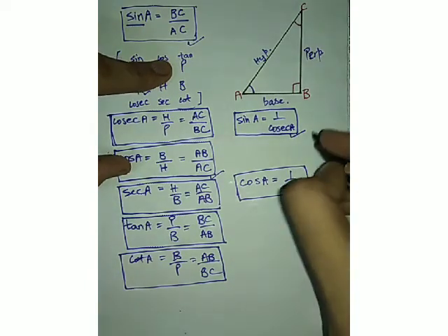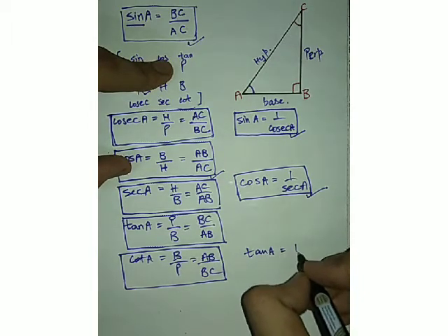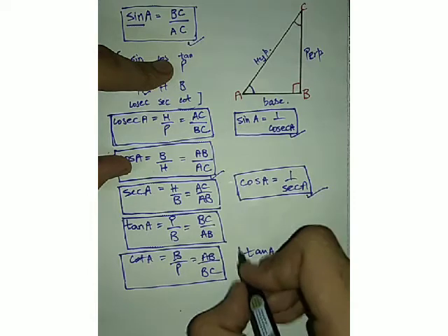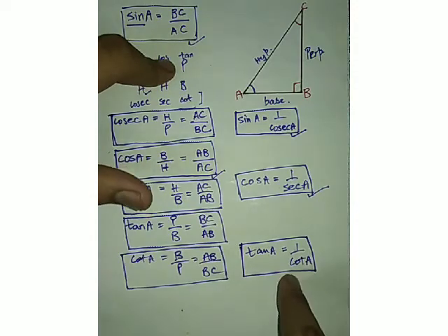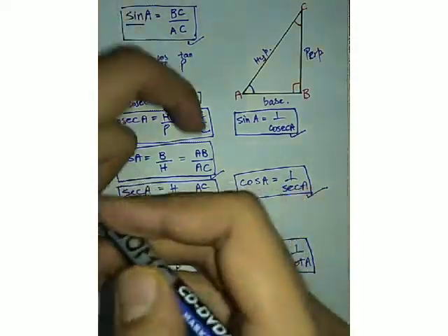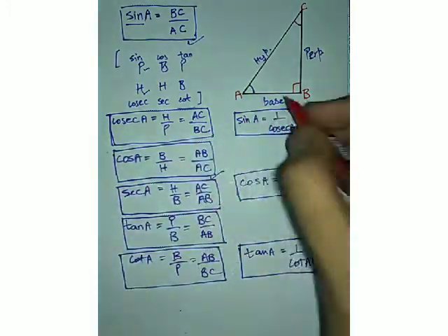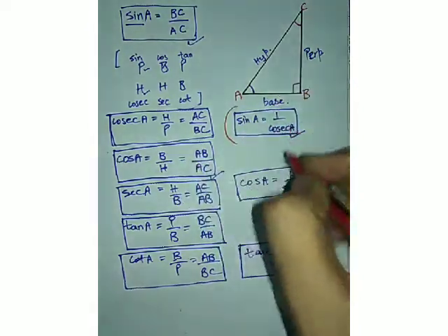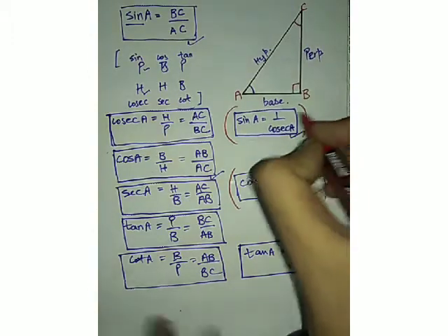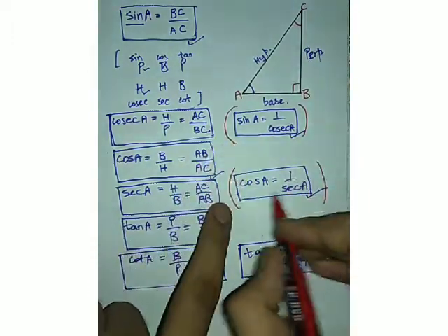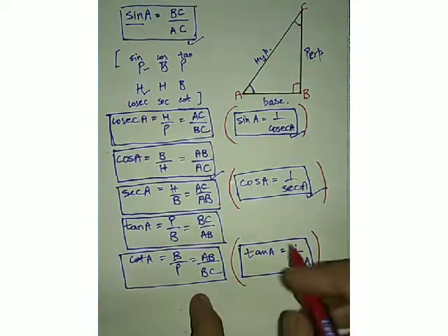Now similarly we can derive a relation between tan and cot, that is tan A is always equal to 1 upon cot A, which means tan is always the reciprocal of cot, or cot is always the reciprocal of tan. So in this way we can find the values of trigonometric functions if in a right angle triangle the base, perpendicular, and hypotenuse are given, and these relations go simultaneously. You have to remember these: sine is always the reciprocal of cosecant A, cos is always the reciprocal of secant A, and tan is always the reciprocal of cot A.